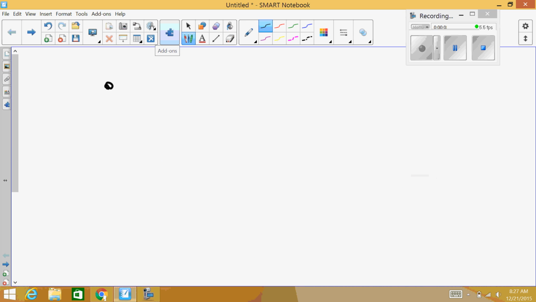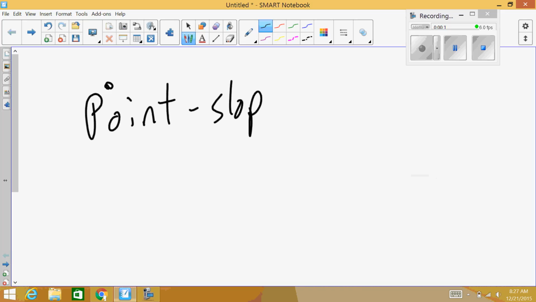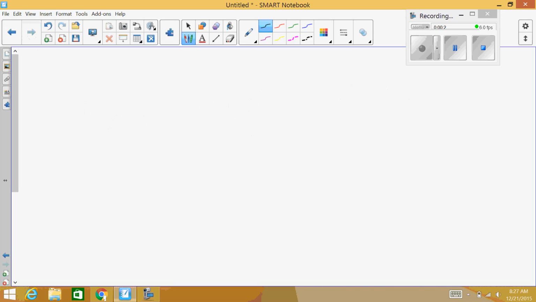Today we have just a little bit of a talk on what we call point slope form for linear equations. Now, just before we jump into that, a quick review of our equations of lines. We had two forms for our equations of lines so far. We had slope-intercept,